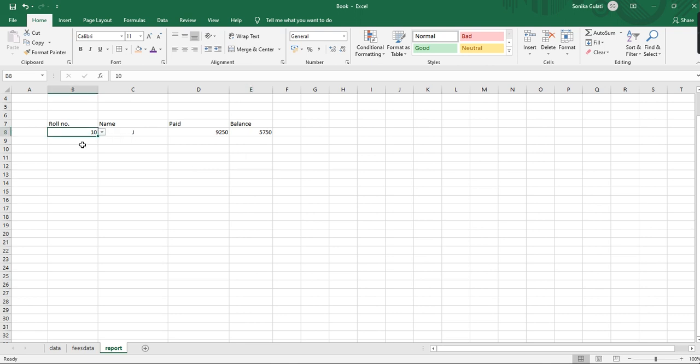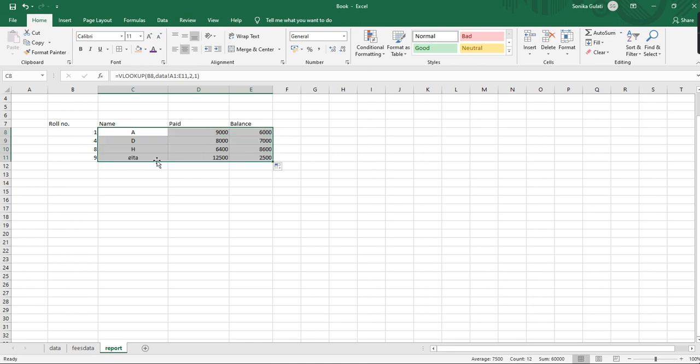Now if I want this for one person, we can do it easily. But if I want many students, like 5-6 students out of 10, then what do I do? Just select this, drag it, and change the roll number to whichever you want. I want the 4th roll number's details, and the 8th and 9th students' details. You don't have to write the formula again. In Excel you can just drag, you get the same formula, and you get the information that way.